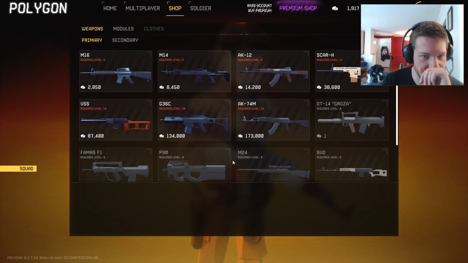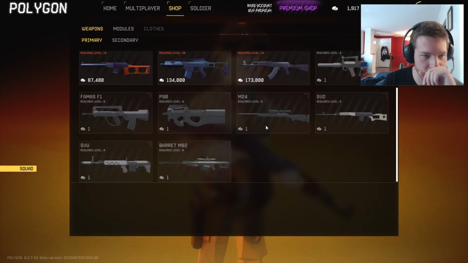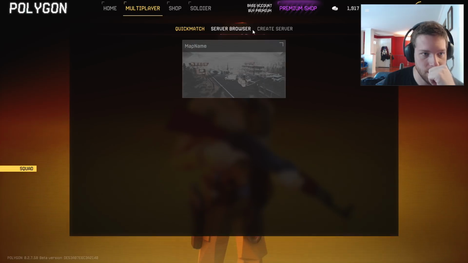I don't know if these are just locked or what. I guess I have to get to level 3 before. Yeah, I don't even know why these are listed here. It says required level 0. That appears to be a bug, but I could be wrong about that. It does seem kind of strange. I have a feeling those are maybe just not implemented in the game yet, but they're just kind of listed